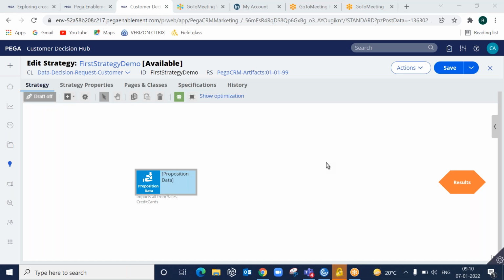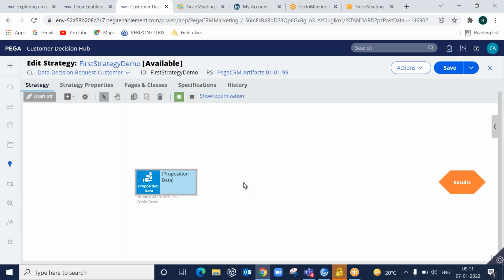So this is my strategy canvas. Strategy canvas means the area where you create the strategy components. The strategy execution happens from left to right. That means it starts from here and it will go to the results.